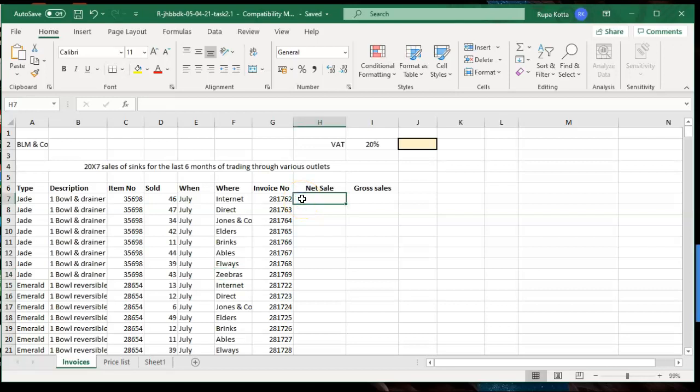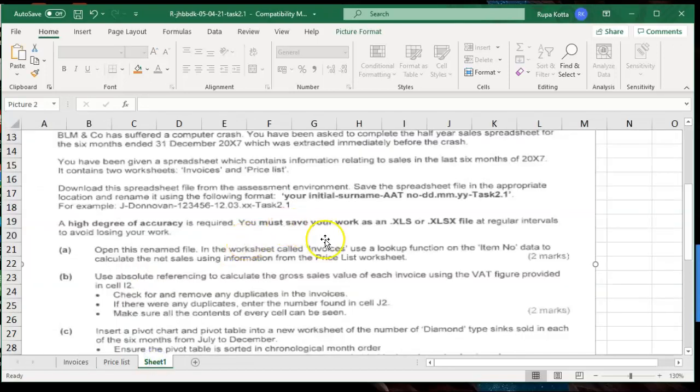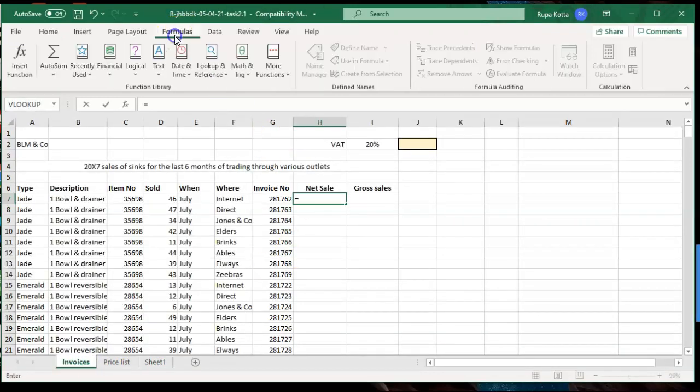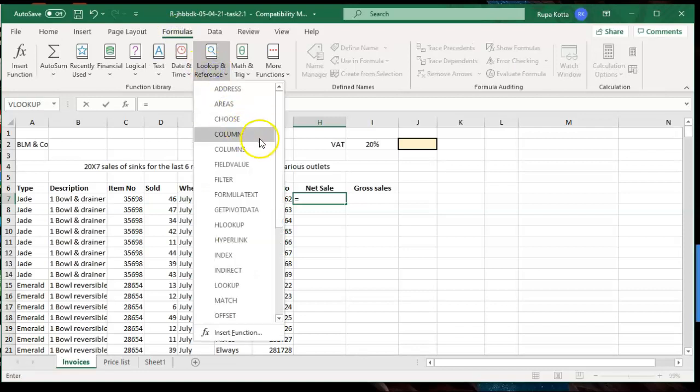So to calculate this, you need your VLOOKUP, and they want to use the VLOOKUP on item number. They already told that in the question if you want to see again. Use VLOOKUP function on item number data to calculate the net sales. So equal to, formulas, lookup and referencing,